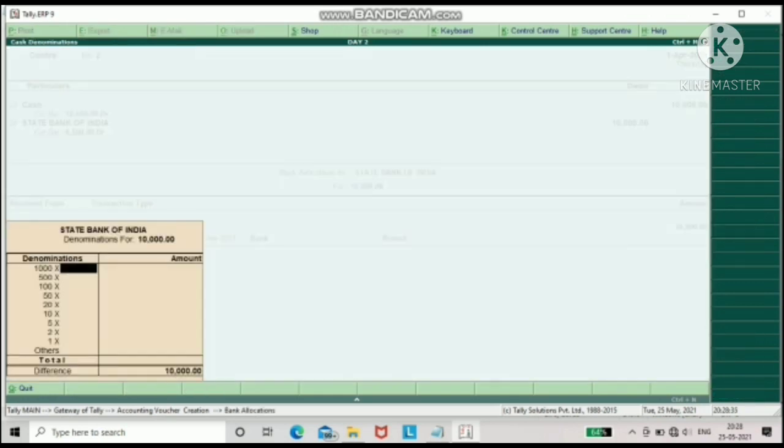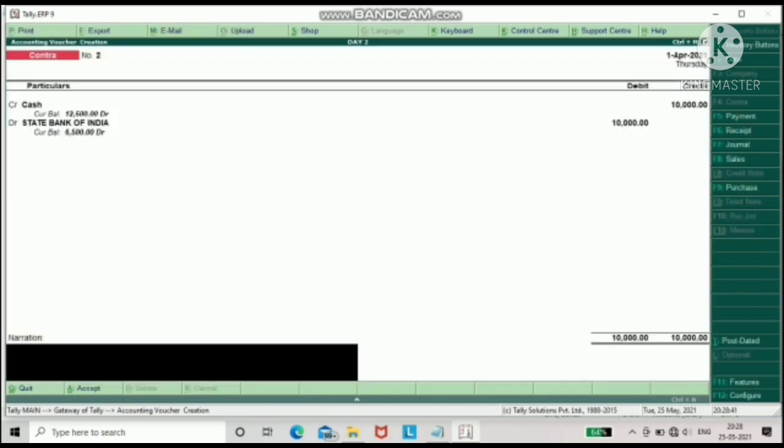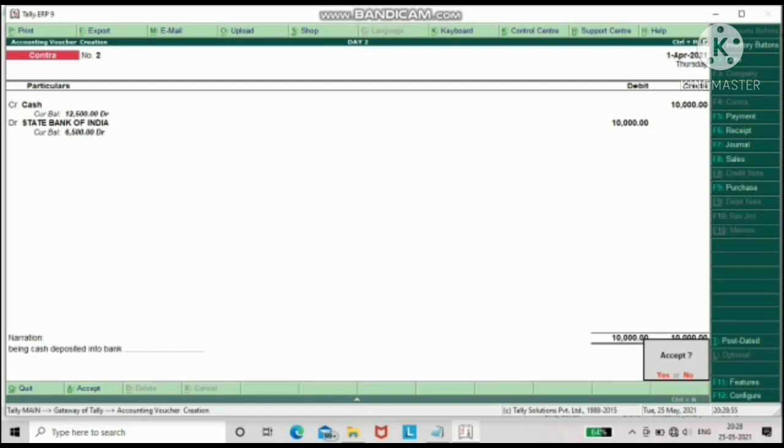You have to select the bank account and mention the details. Like 10,000 rupees I am depositing into bank. Narration is being cash deposit into bank, and then save it using Control A or enter.